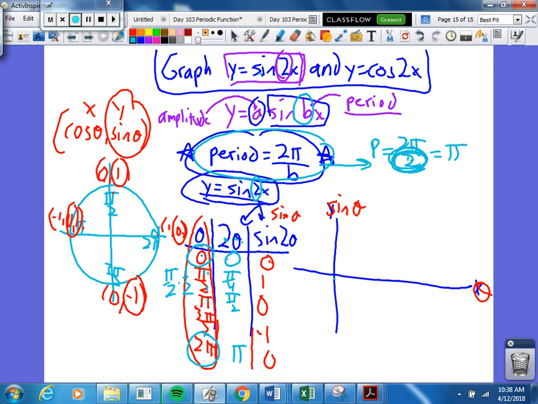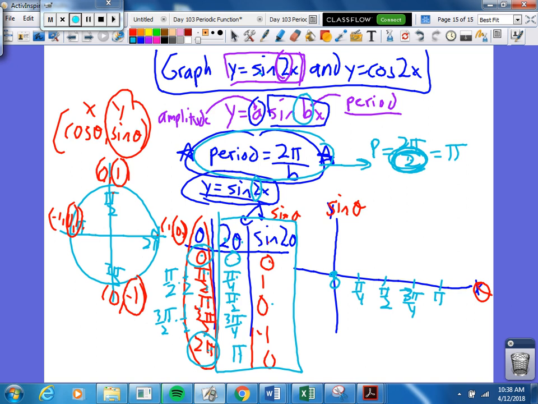So you need new radian measures. 3 pi over 2 divided by 2, aka times a half, is 3 pi over 4. And pi, so that makes sense, right? 0, a fourth, 2/4 which is a half, 3/4, and 4/4. Okay, so this part right here is my new coordinates: 0, pi over 4, pi over 2, 3 pi over 4, and pi. So rather than go from 0 to 2 pi, now we're just going 0 to